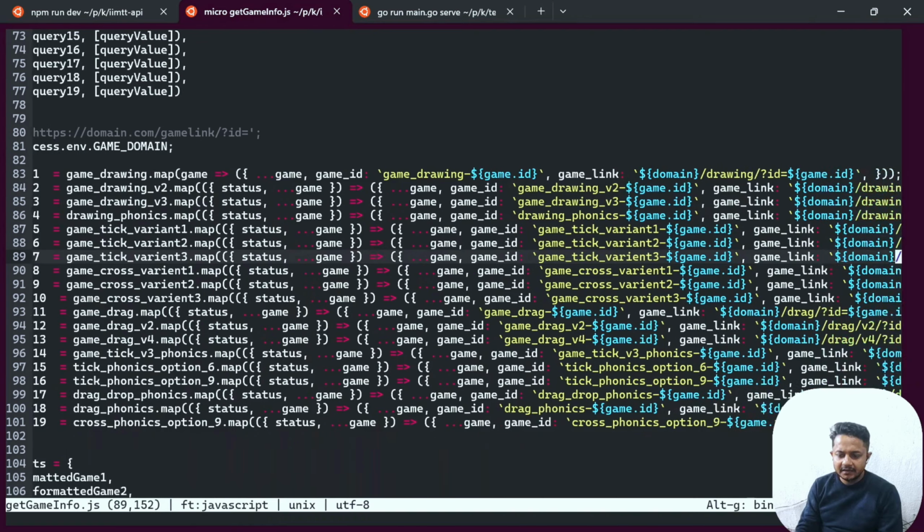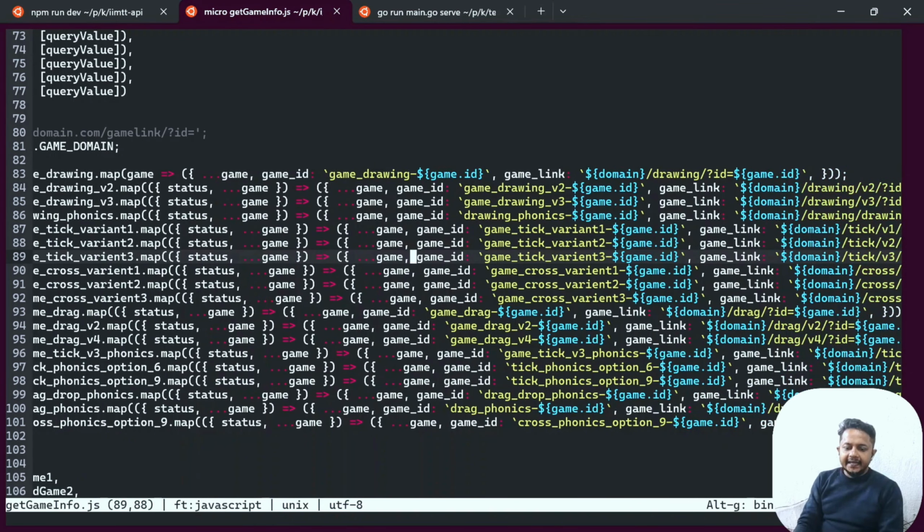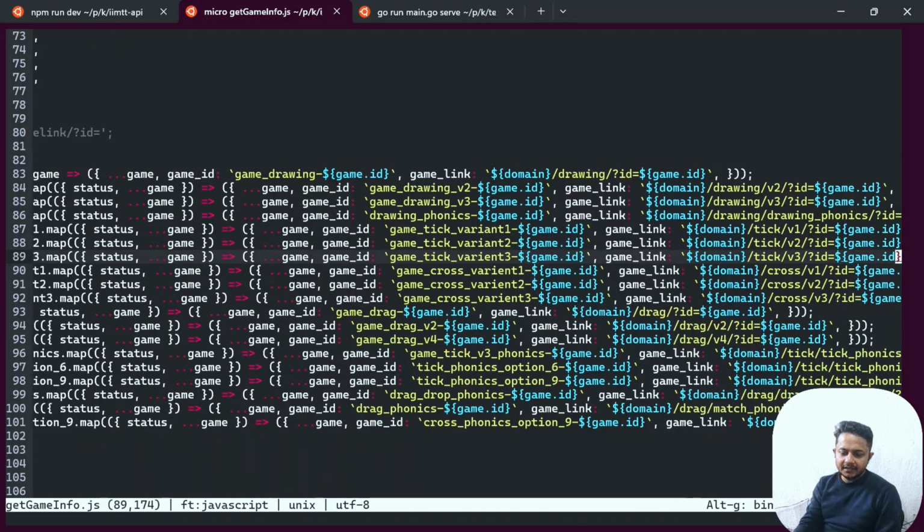Some additional things I'm doing over here, like adding a game id. Suppose there is a game id tied to each and every game table, and I'm creating a unique id, like a unique key throughout those tables. Here I am adding the table name, then appending an id which is auto generated by the MySQL server, and generating a game link.